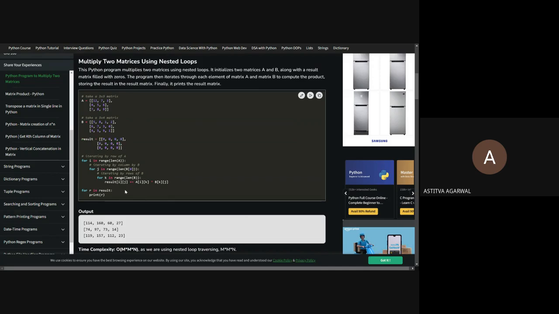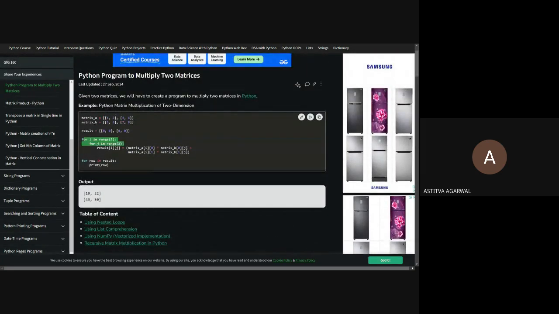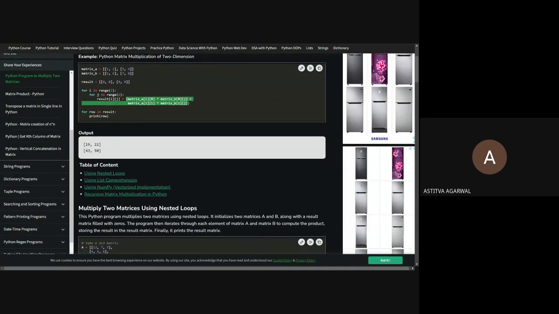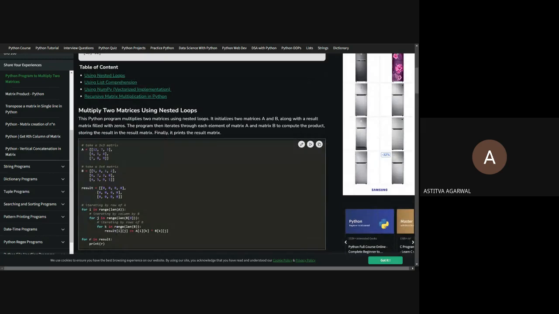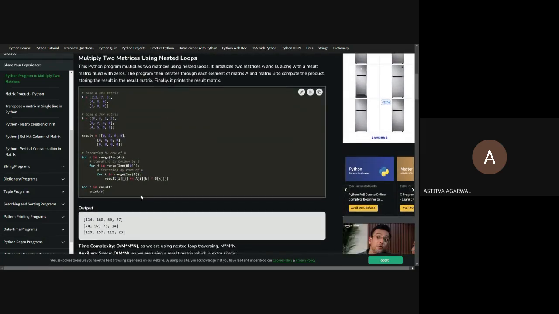See, like result is equal to a of i k into b of k j. Okay, but we have to make a new loop inside it for 3 into 3, but for 2 into 2 we don't have to, because we are just making it for 4 values here only. But here there will be 9 values, so we are using another loop. Okay,